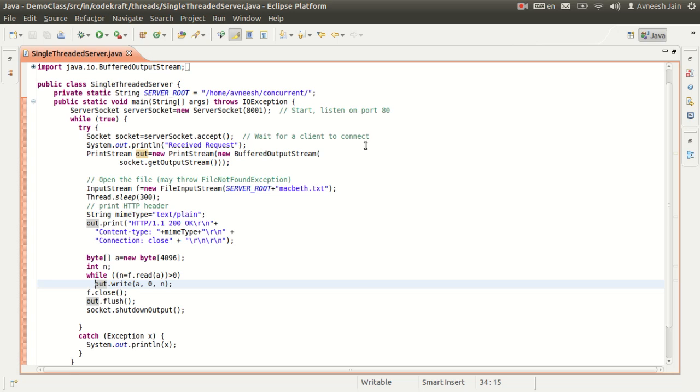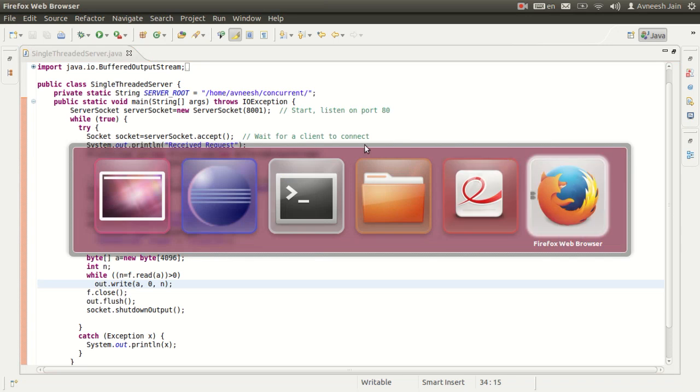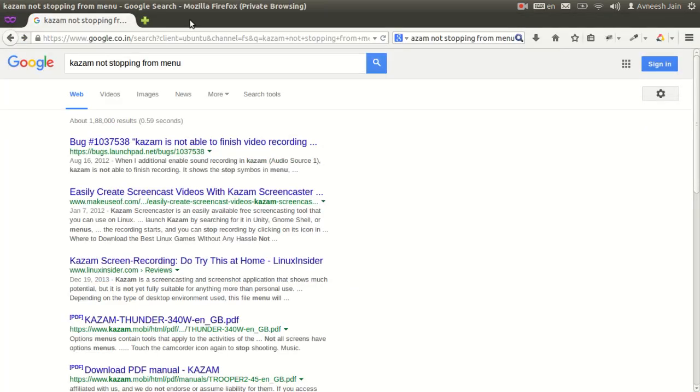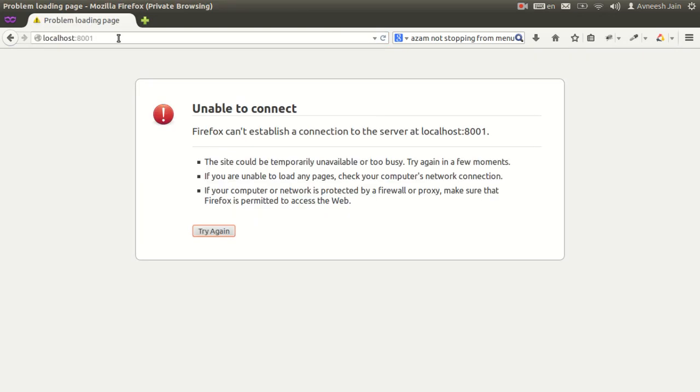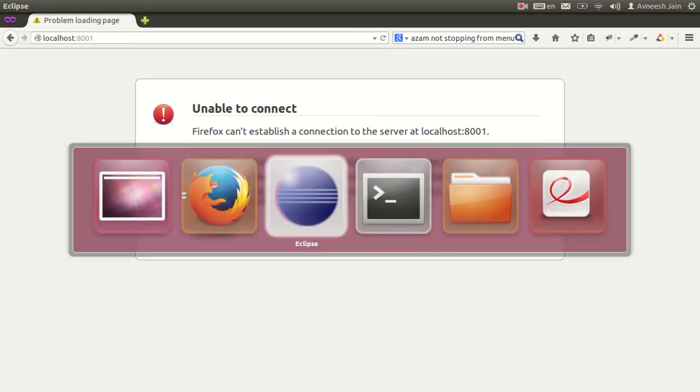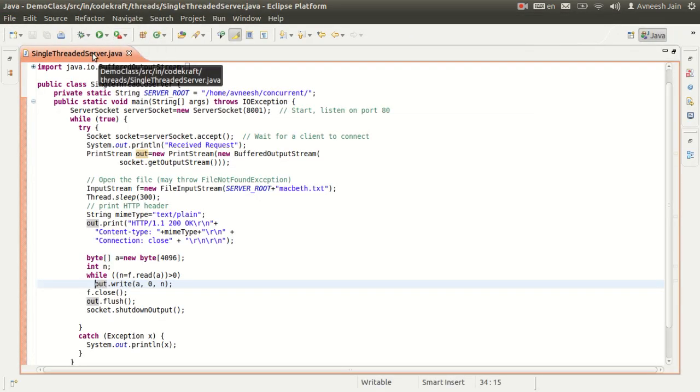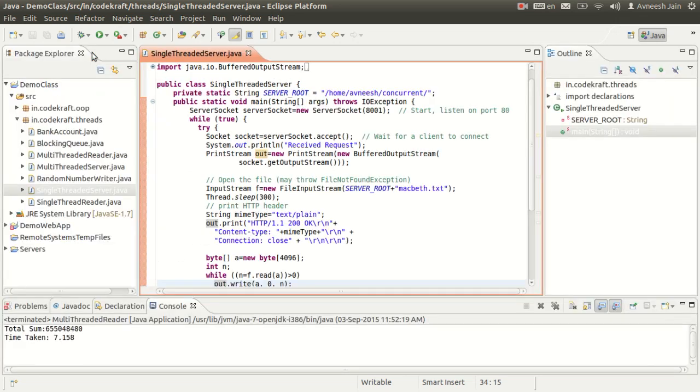Okay, so just to check that things are working correctly, let's go to our browser and hit localhost. Okay, it says problem connecting, which is strange. Let's see, why is that? Oh, it will not happen because we have not started our program yet. So let's go here